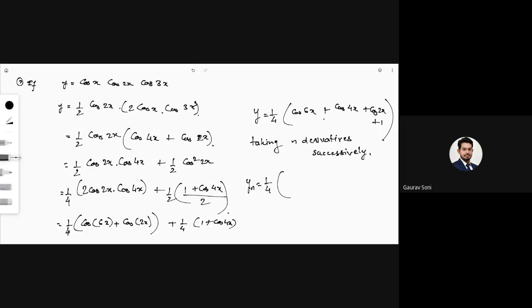Yes, so that will be cos of 6x plus n pi by 2 into 6 raised to n, plus 4 raised to n cos of 4x plus n pi by 2, plus 2 raised to n cos of 2x plus n pi by 2, plus